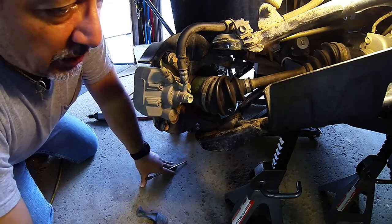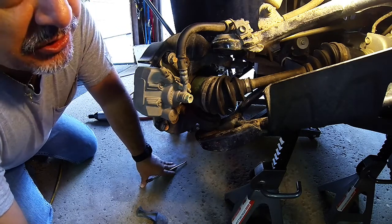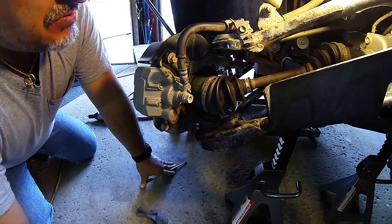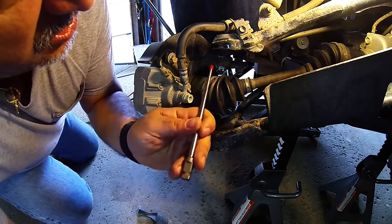First of all, it was annoying. Second of all, I thought it was something mechanical that could go wrong, because when you're starting to push snow like you do around here up in this area, it's pretty heavy snow. I just want to make sure that I'm good to go. So now what I'm going to do is break down